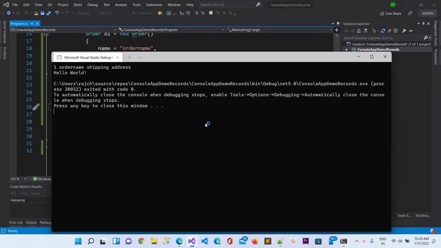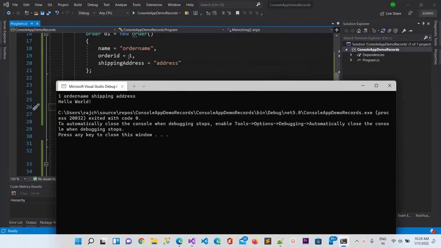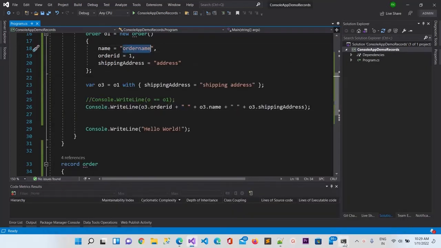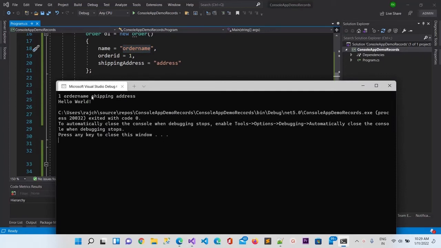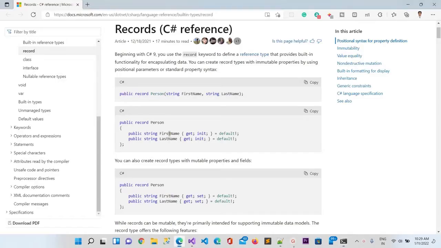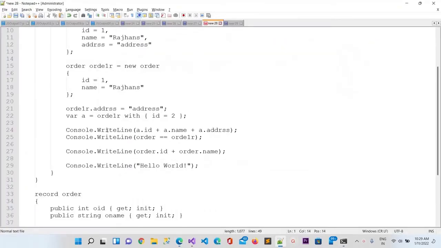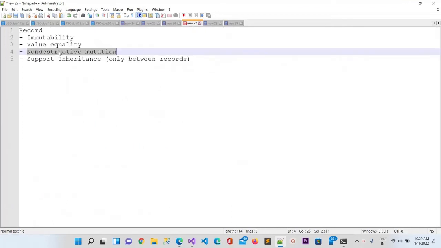We are getting order ID as 1, which is expected, and the same order name, but the shipping address has been changed. This property of records is called non-destructive mutation. That means we can mutate from one object to another object with the same values, updating only selected values. So this was the third thing related to records.